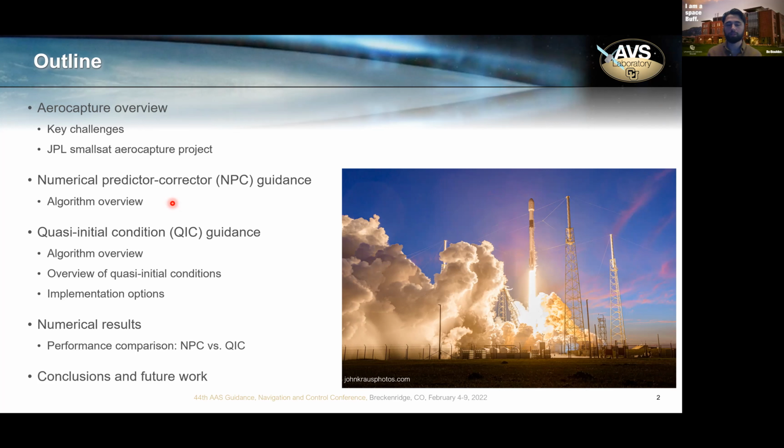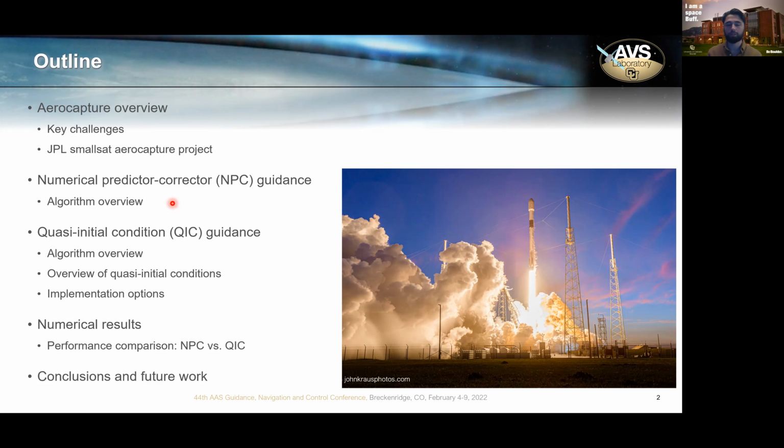Okay, so to quickly give an overview of what is Aerocapture, it's a method of orbit insertion, and it can be used as an alternative to a purely propulsive approach to orbit insertion. So this initial orbit might be a hyperbolic trajectory. It might be just a much higher elliptical orbit. And the spacecraft then performs an atmospheric flight pass. And so as it's flying through the atmosphere, the aerodynamic drag on the spacecraft reduces its energy such that at atmospheric exit,